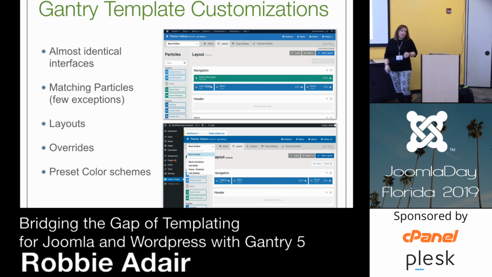And by the way, there are preset color schemes inside of all of these themes and templates, so maybe you like a layout, and you're like, well, this is a beautiful layout, and that's going to work for my client. I'm going to make little tweaks, and it's going to work. But their color scheme is red, and this is in greens. But normally, with every Gantry theme, they have at least 6 different color schemes that are preset. You just click on it, it changes everything for you, right? But you can also individually customize and change each one of those in this layout area. So it's super handy, and I am going to pull this up and show you guys customization in there. We're going to look at the back end of it.